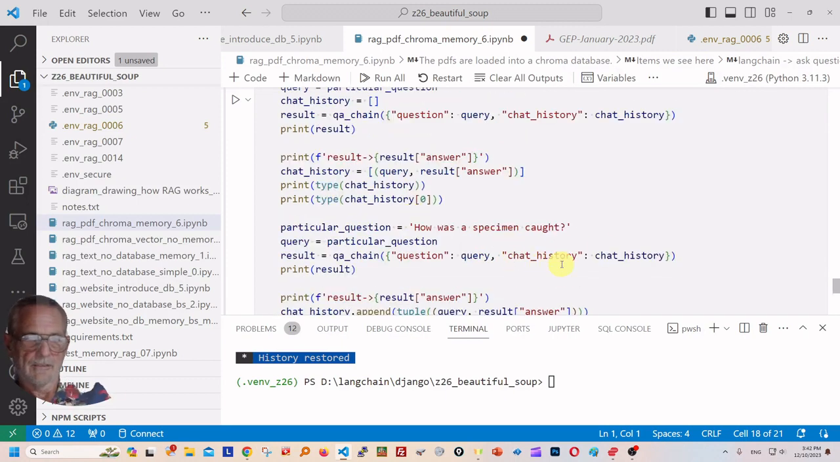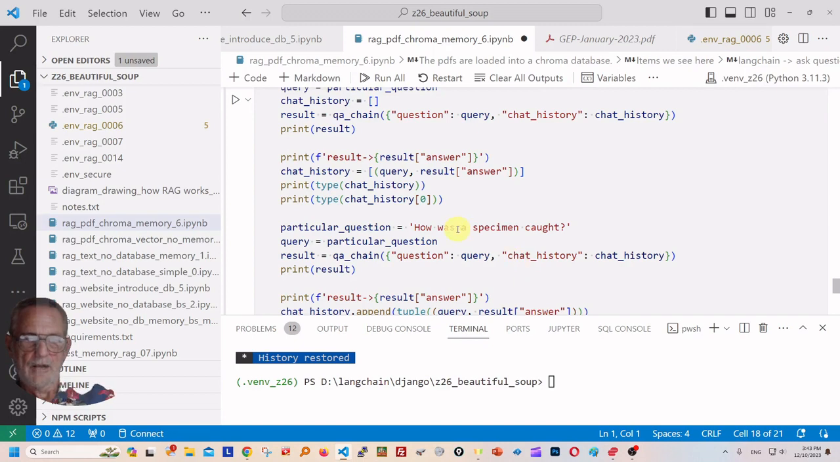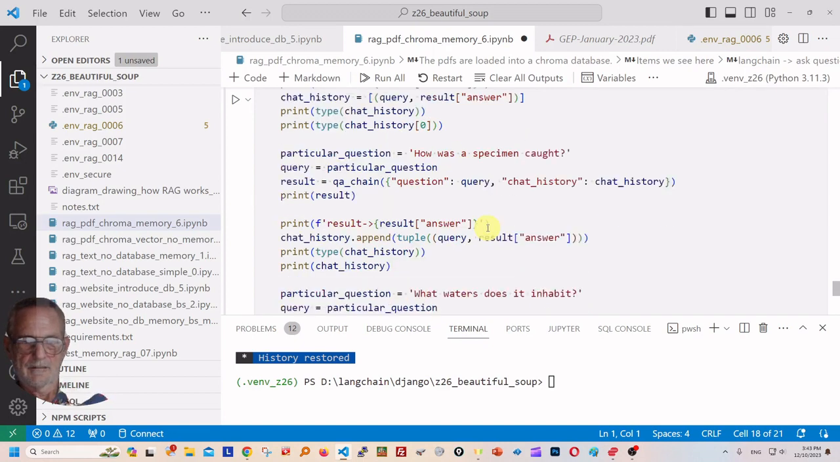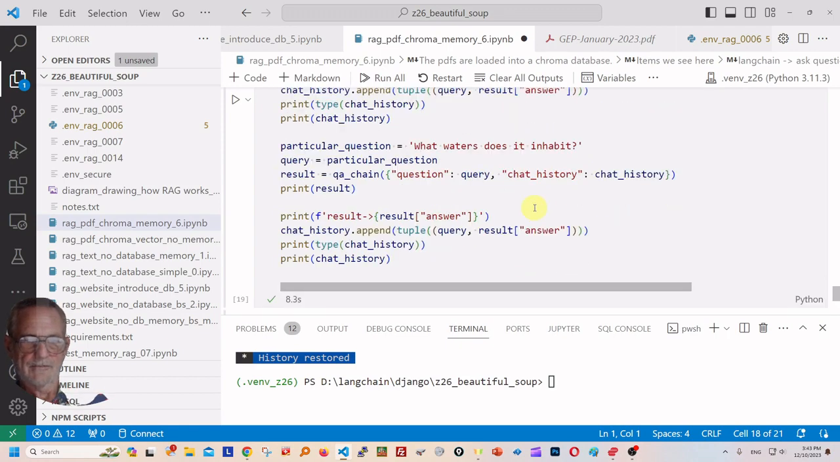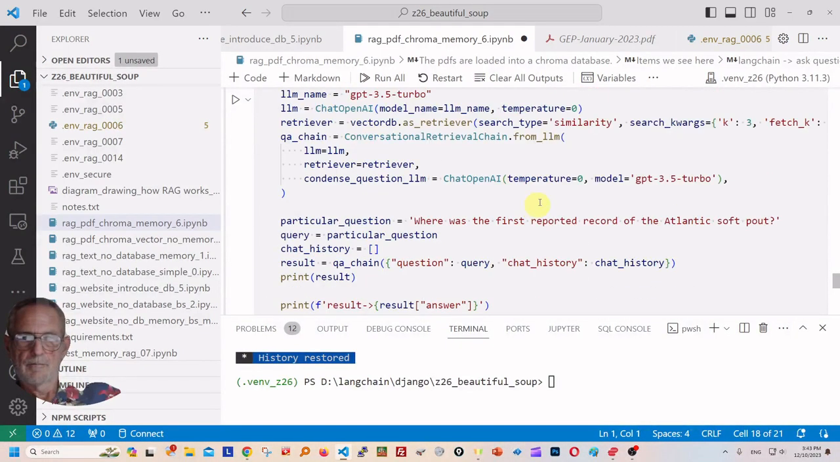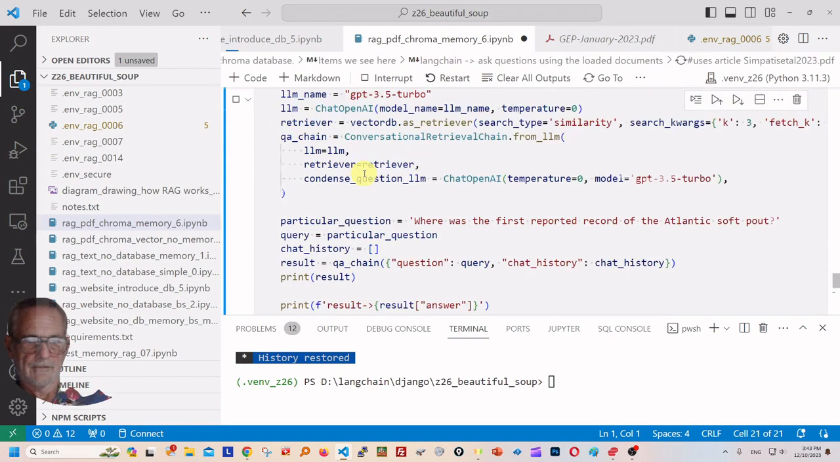use this history. So you can see, where was the first reported record of the Atlantic soft pout? This is context from one of the documents. And then how was the specimen caught? What waters does it inhabit? I'm just hard coding the questions in here, but you could modify this also to read from the input questions document. So if I do this,